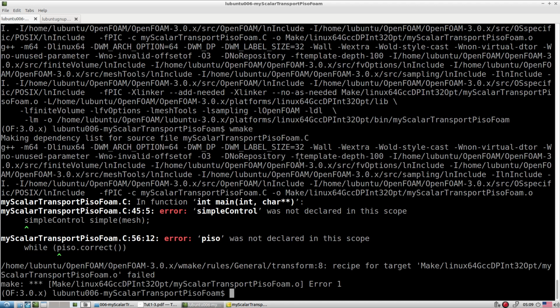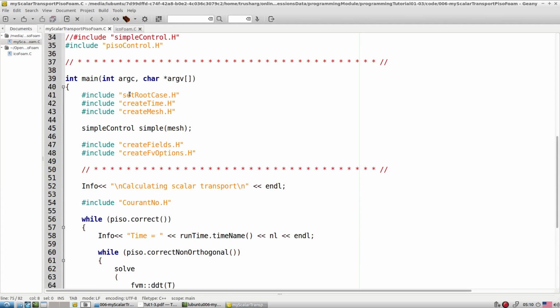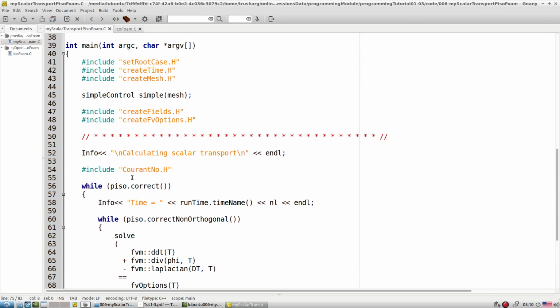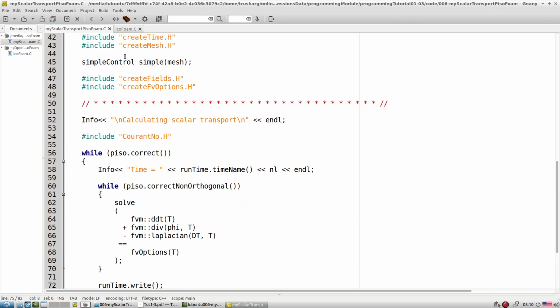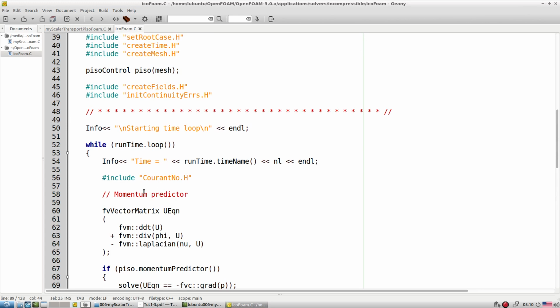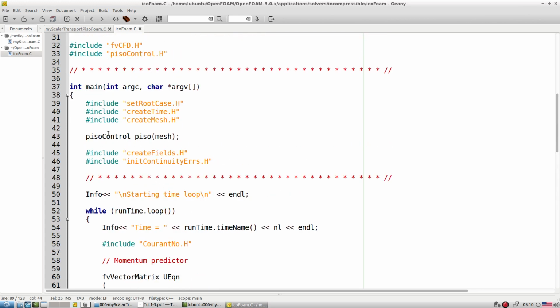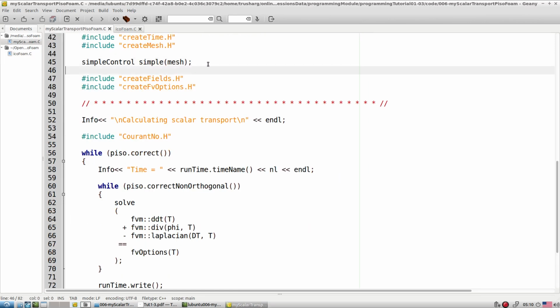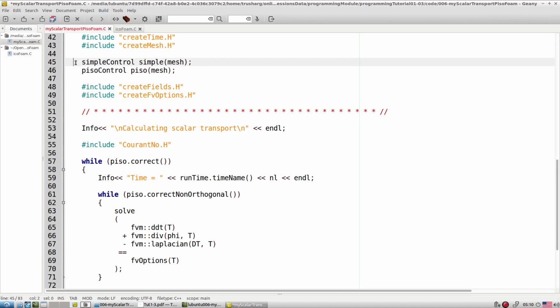The simple control is available in the simple mesh, so in that case we are supposed to generate the mesh based on the PISO control. We are supposed to have a PISO-based mesh as compared to the simple-based one.